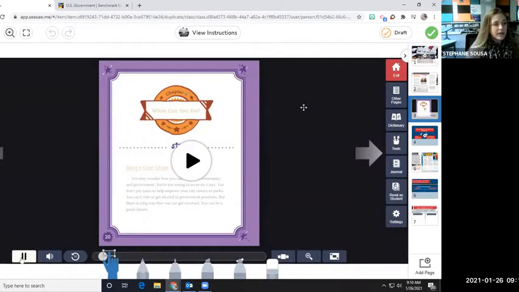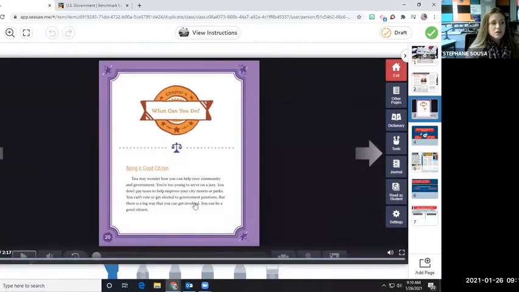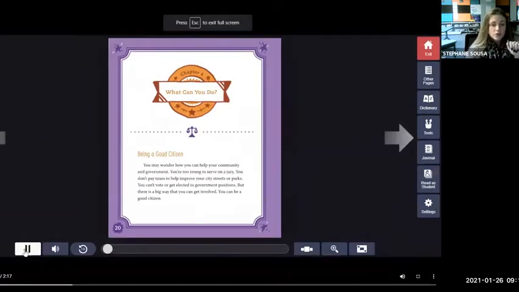Alrighty, on slide 3, this is a text. And this text is identifying what you can do to get involved. So we kind of brainstormed some ideas. Here's some more information from a text today about what you can do. I'm going to play this. You don't need to play it. But if you could, go ahead and click on that pause button so that you can see the screen. Okay, so click that play again and then hit pause so that you can see the text, and that way you can follow along. Okay, so I'm going to play this so that we can hear it. You are going to follow along and read on your own screen. Here is how you can get involved in your government.